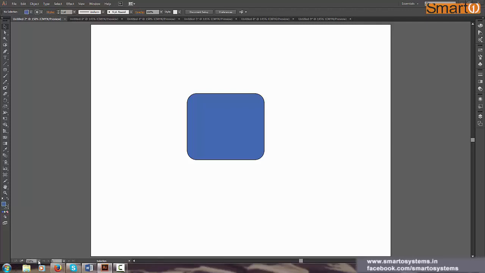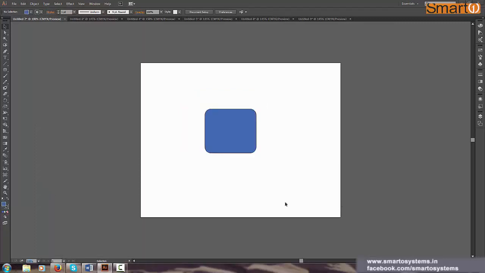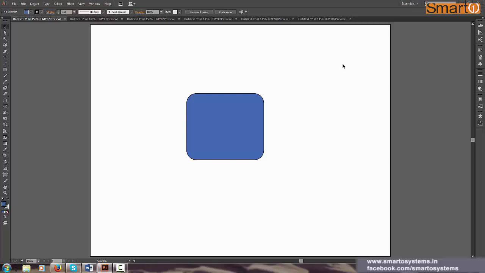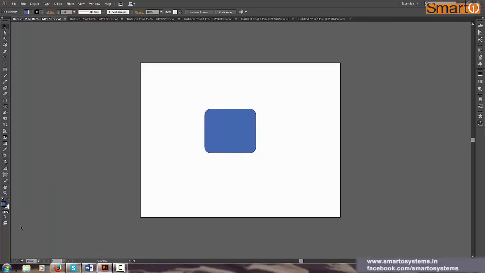So what I can do is click on this downward facing arrow, and from here I get these options. I can just look for 100%, and there. So this is the actual size of my document, but when I zoom in, it gets fit to my screen. Anyways, it doesn't matter much because Illustrator is vector based software, so you won't see any quality differences. But it's good to know the original size of your document.